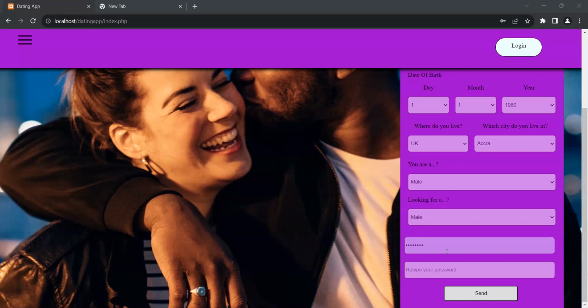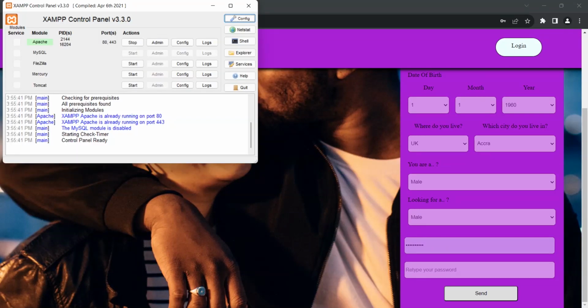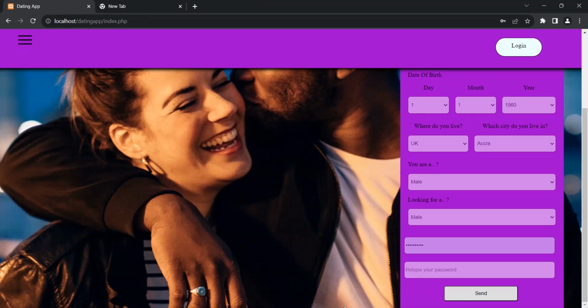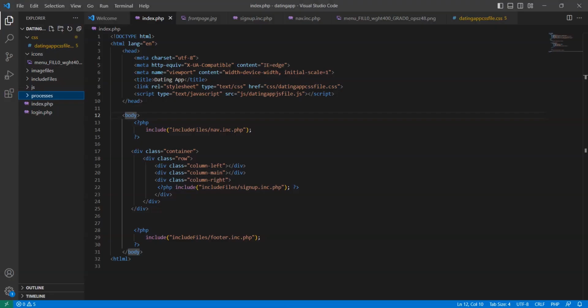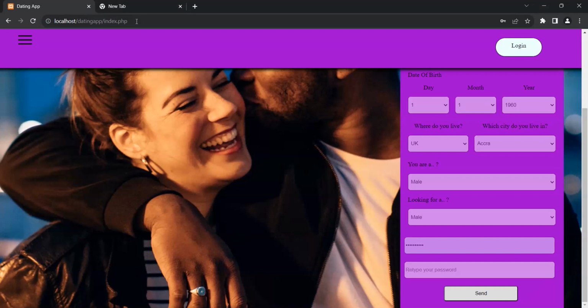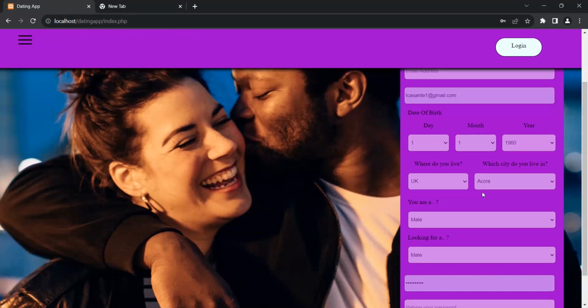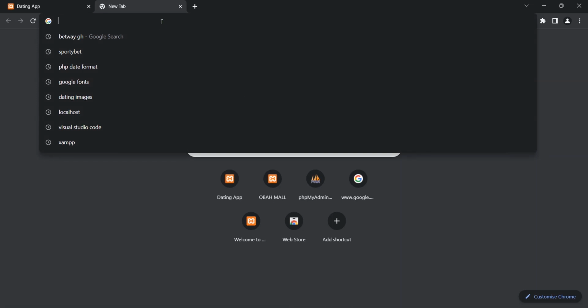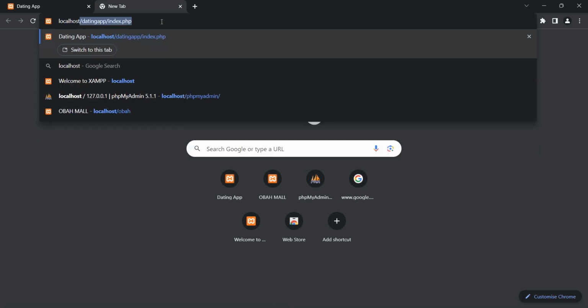So the next thing I want you to do is to start your Apache server. If it is not running, you should make sure it is running, and then open your Visual Studio Code and browse to the folder at which we have our dating app folder. And then once you are already there, open your web browser and enter localhost/dating app/index.php to get to this page. Let's continue from there. Here I want you to go to localhost